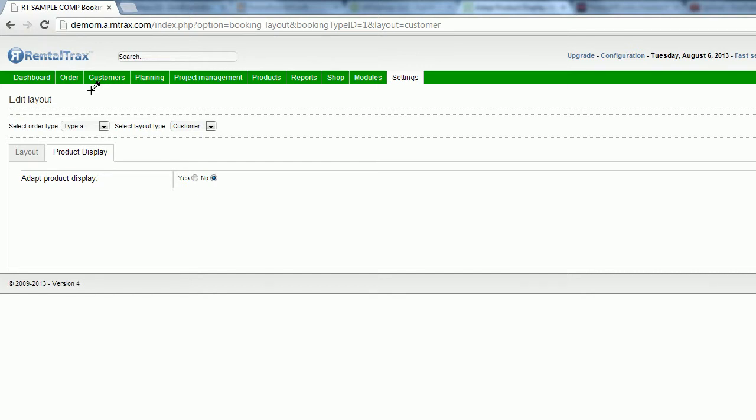This time we are focusing on how to adapt your product display. So this is also a secondary part to the order layout edit how-to video. This is just more focused on the product display and the product line of your order sheets for your customers. So if you've already viewed the how-to video on order layout, this is the second part of how to adapt